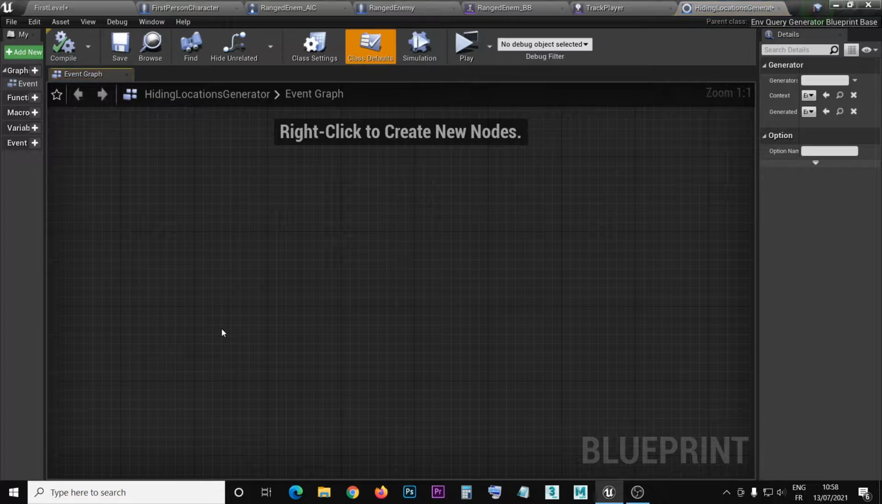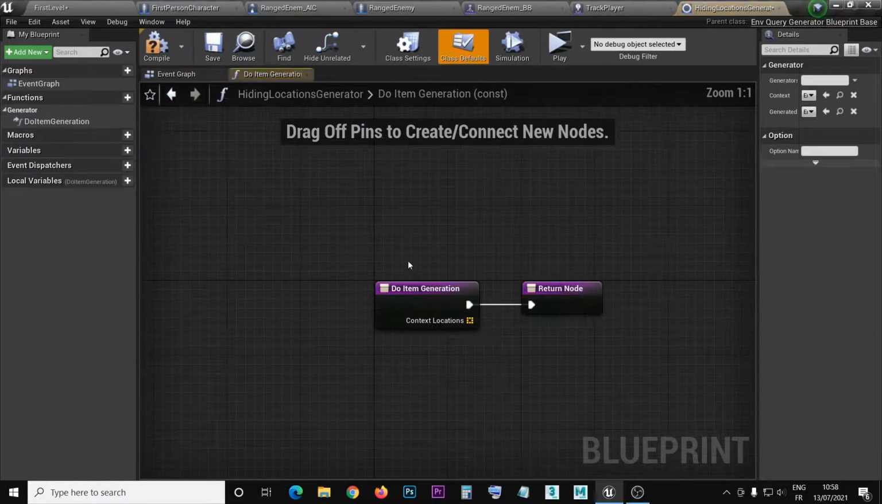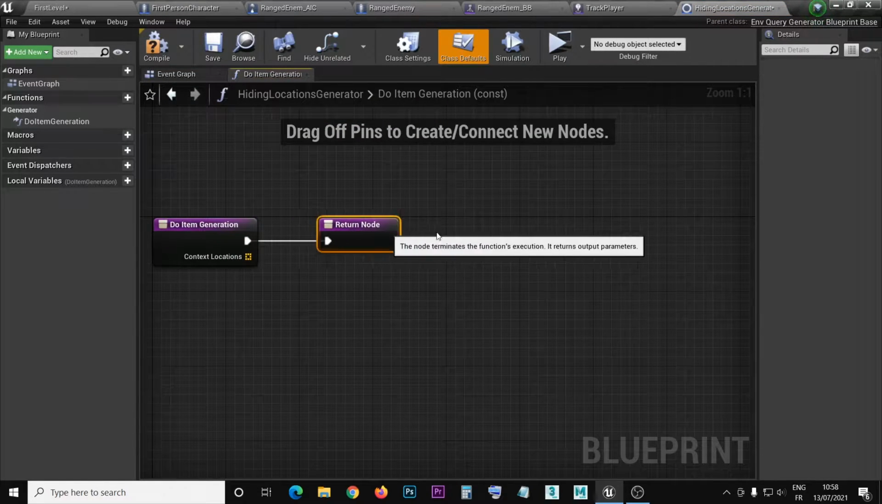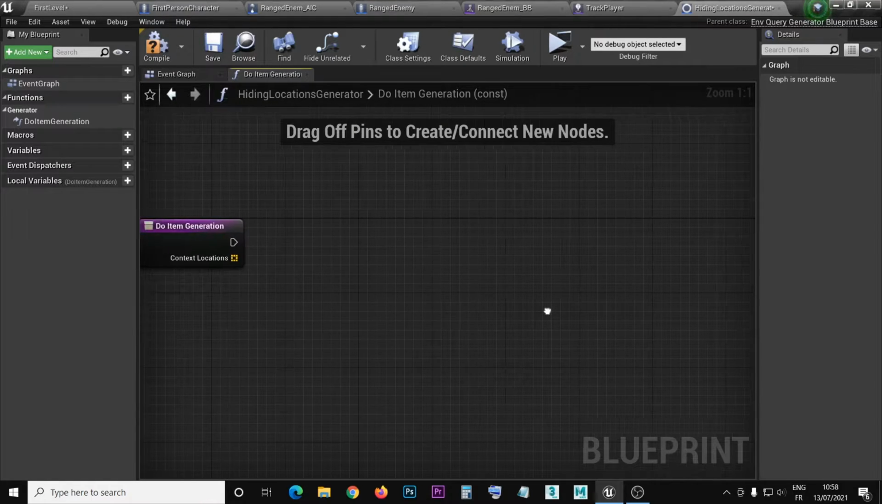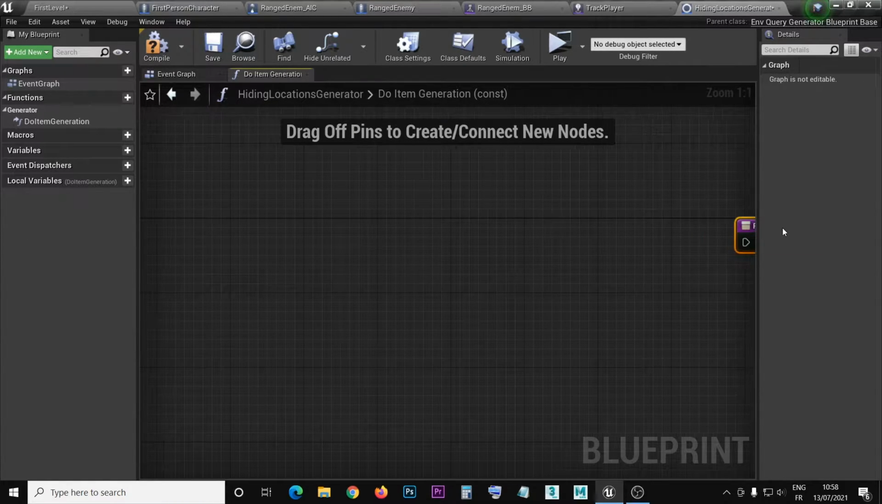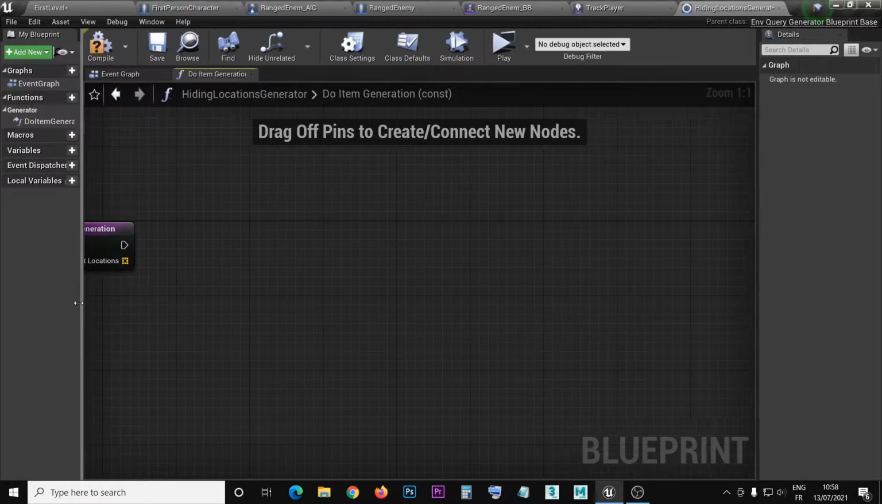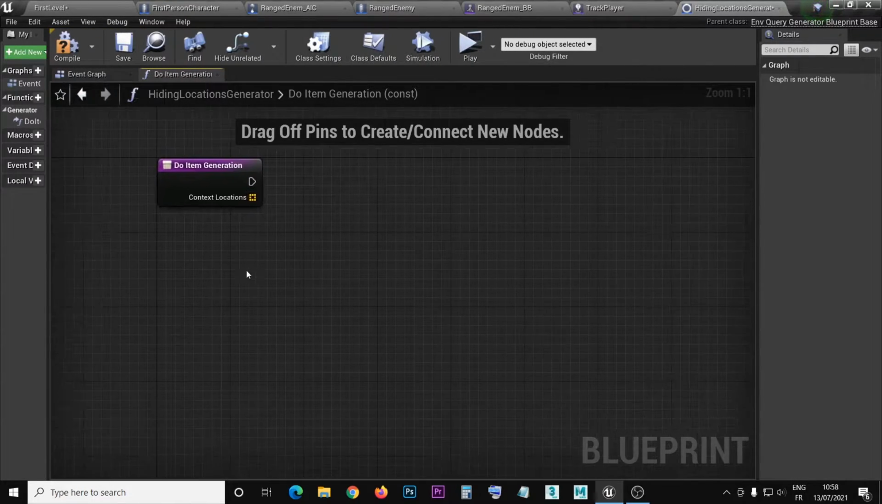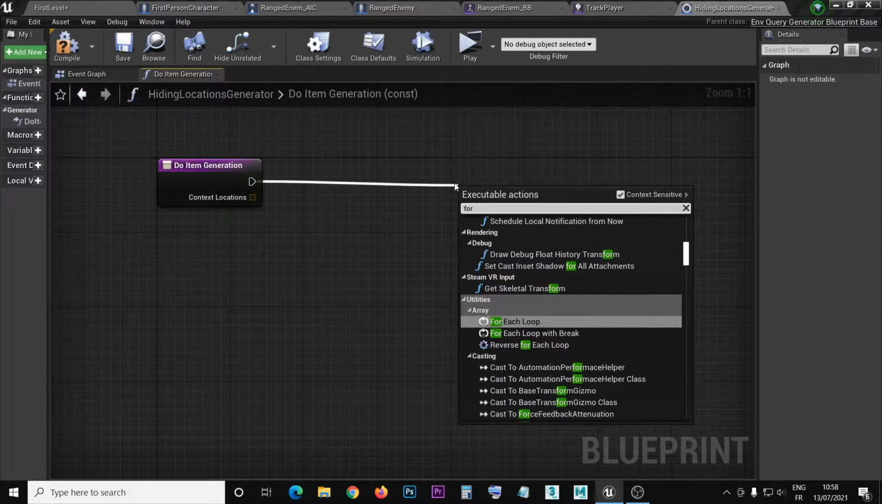We're gonna access this class. So we're gonna override just one function, the only function inherited from the parent class, which is doItem generation. This is the function which does the heavy lifting, generating the locations or actors for each generator. So there, I'm gonna start by adding a for loop,